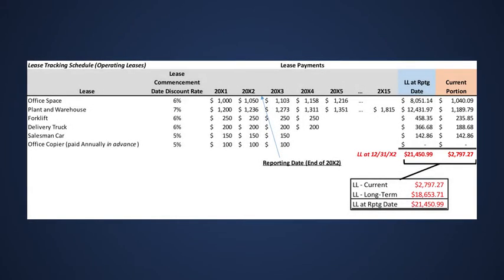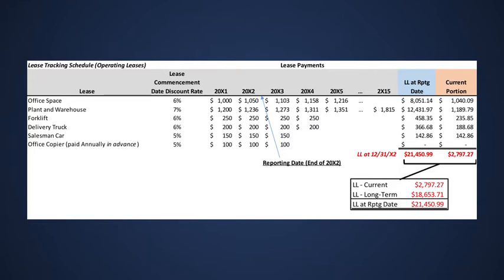As I'm sure you've noticed, the commencement date discount rates aren't the same for each of Smallco's operating leases. This is because the discount rates used are either the implicit rate in each lease, or if that is not readily determinable, the incremental borrowing rate for an equal amount of borrowings over a similar term in a similar economic environment. Therefore, these rates typically will not be the same, especially if the leases have different commencement dates in different terms. Before we continue, we would like to also explain how we calculated the total lease liability at the reporting date and the current portion of the lease liability at the reporting date.